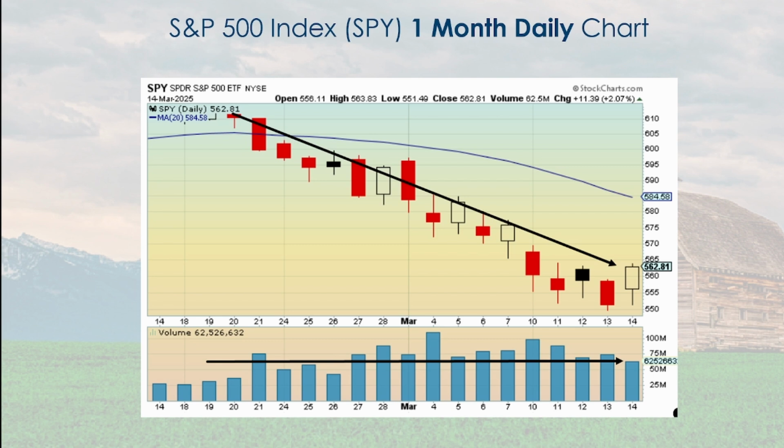I say that because when you look at the volume chart below it, the volume is lower. I put a black arrow across there to show you how many times the volume is higher, and then when it wants to go up, it's not anemic, but it's not as strong as the bars that took it down.